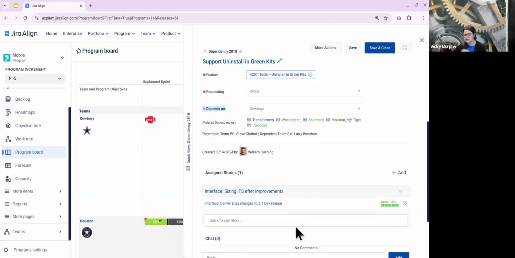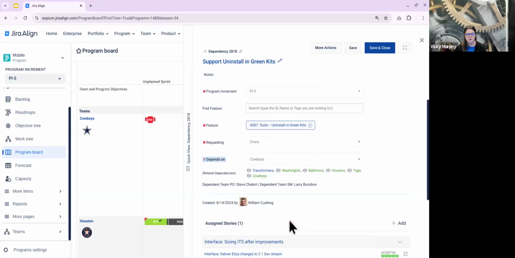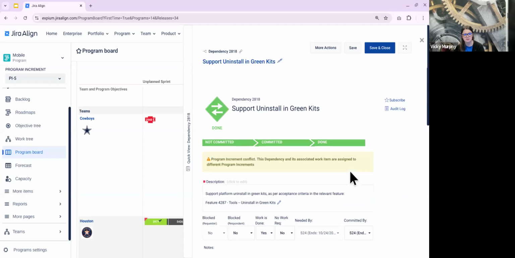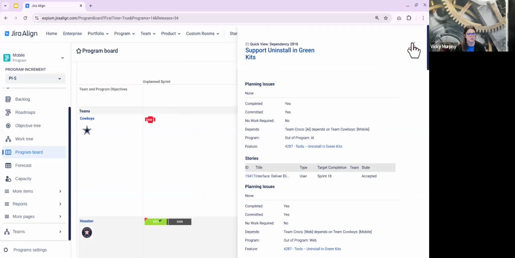How are we going to complete the work for this dependency? Through our stories over in Jira, syncing into Jira Align. And if we scroll up, we can say, when do we need this work by? And when has the dependent team committed to this work? And so we can track a lot of information here and then visualize it on something like our program board. Or under our reports here in the program level,